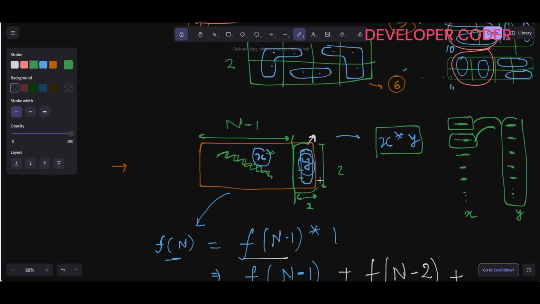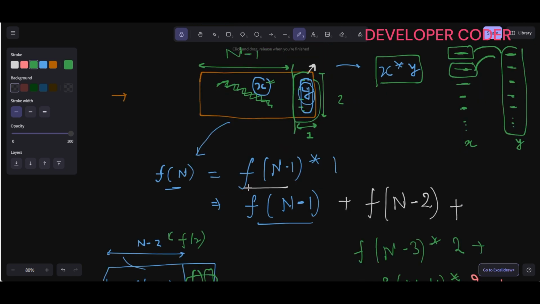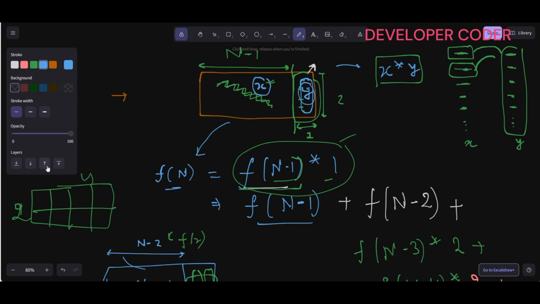So in this part there is just one way, so we can write it like this: f of n minus 1 into 1. These are the total ways using n minus 1. If we use until n minus 1, then we add other ways, right? Like this is the total we have to form, let's say 4 into 2, 2 into 4 we have to form. So I am saying that if we know these many ways, then using this many ways, how many